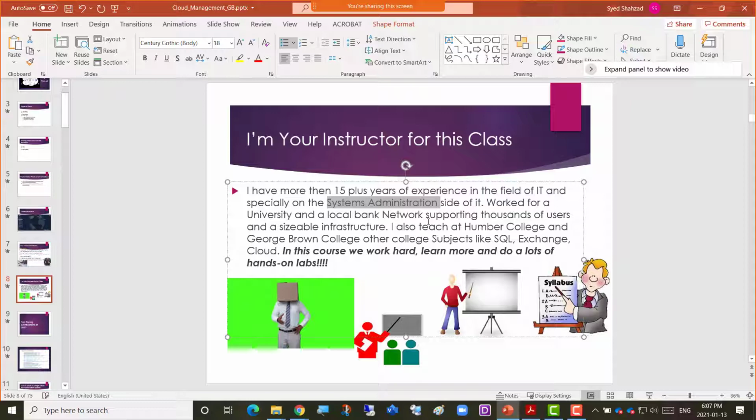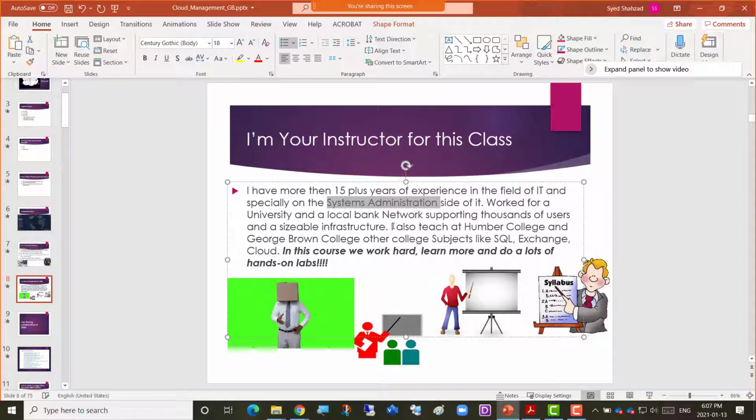I was a contractor there for 5 years, and then when the project finished, I went for different contracts. I currently am a contractor as well in a company, and there I'm handling their cloud infrastructure.